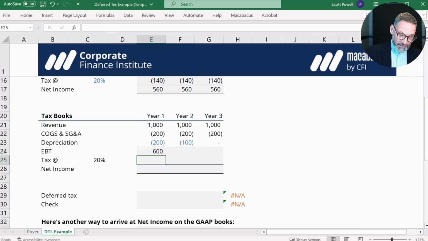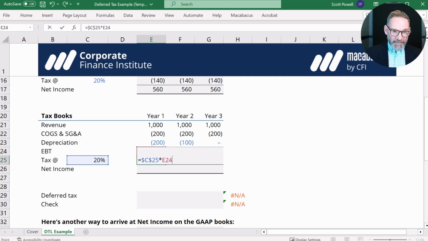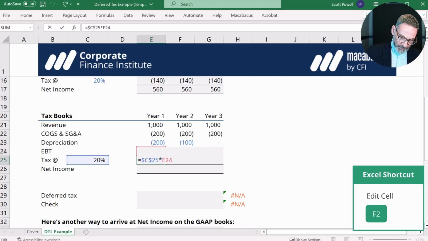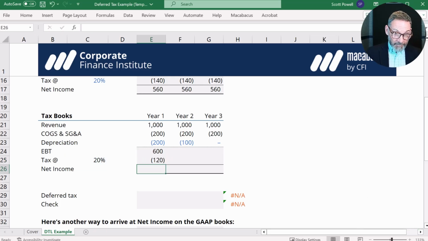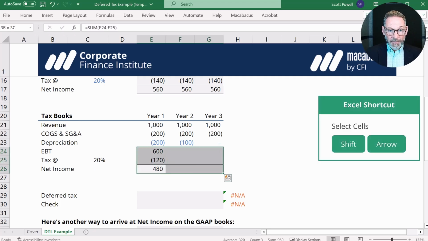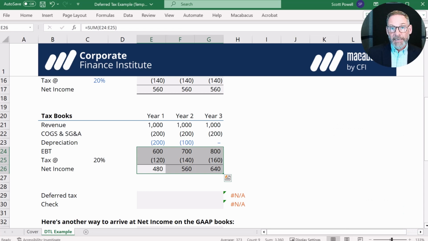We're going to do the tax. I'm going to hit C25 and then put dollar signs with the F4 function, and then I'm going to multiply it by the row above. Whoops, I forgot to multiply again. Minus 1. Alt equals, copy across. Now you can see that our taxable net income, or net income from a tax perspective, is different